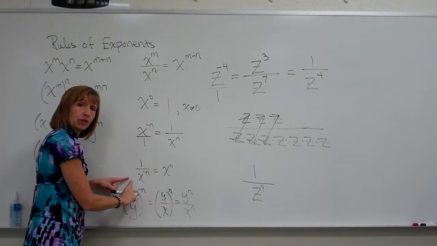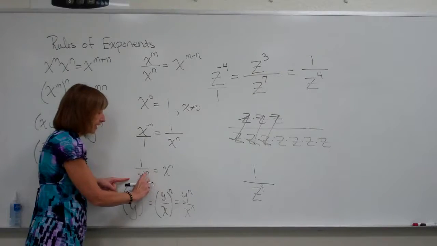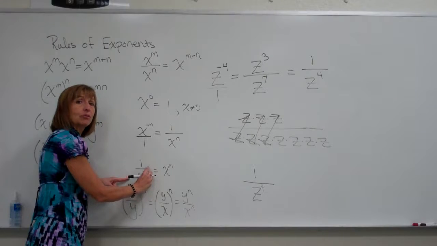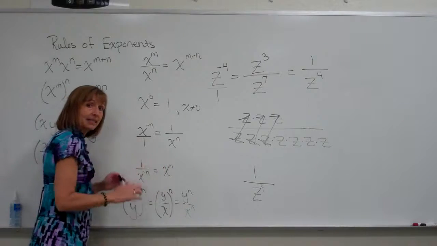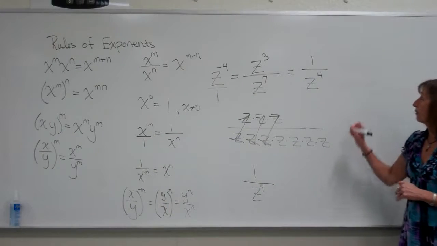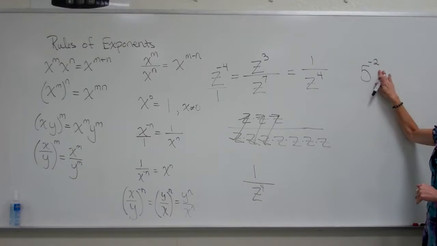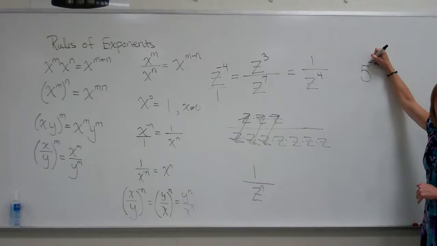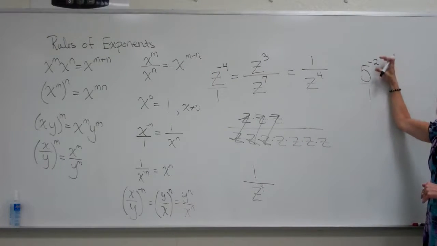If I have an expression that has an x to the negative exponent, or whatever my base to the negative exponent in the denominator of the fraction, then I want to move it up to the numerator of the fraction, and when I move it to the numerator of the fraction, I change the sign on the exponent. And this is a rule that works no matter what your base is. So let's say, for example, I have a 5 to the negative 2 power. The negative is little and up with the exponent, so it really means reciprocal, so I want